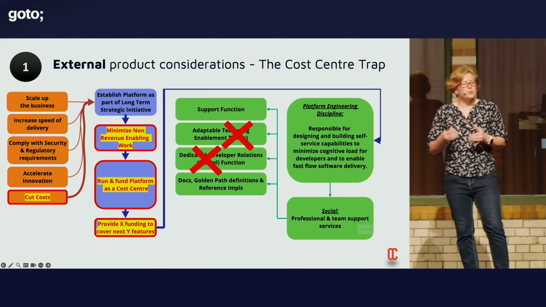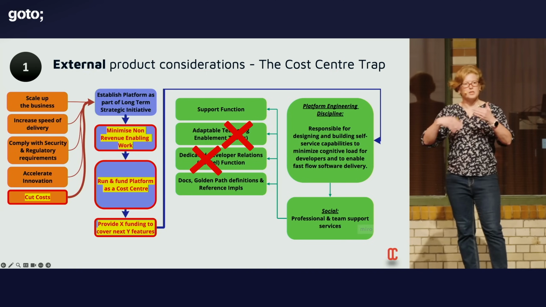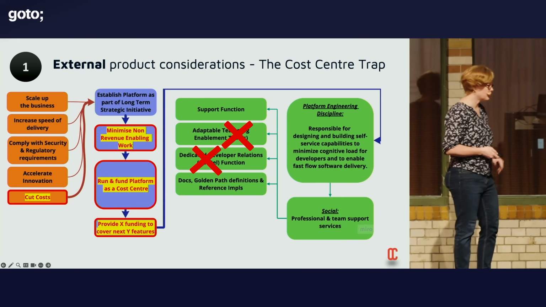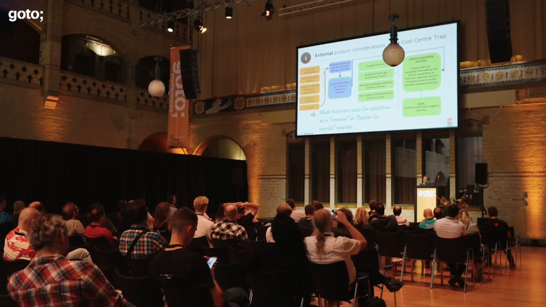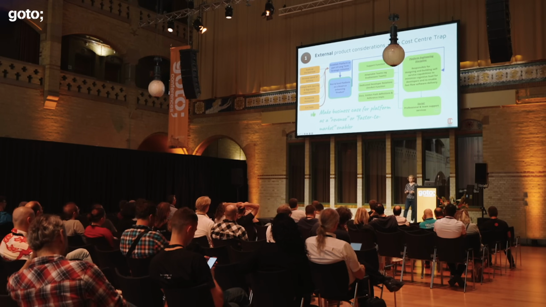But when you've got to save money, then these are some of the things that end up getting cut, which means you take away some of the key features needed to ultimately develop and produce a good platform as a product. Now, the antidote to this, as I noted earlier, in the ideal case is really to make sure that you can convey the business value of the platform to your leadership.